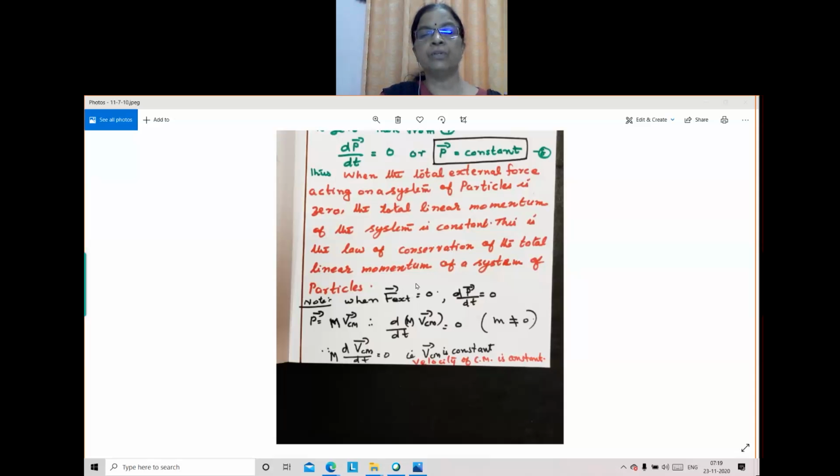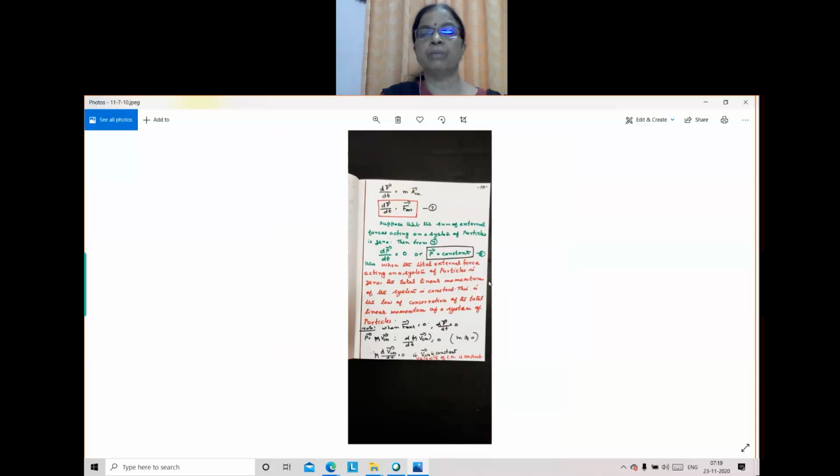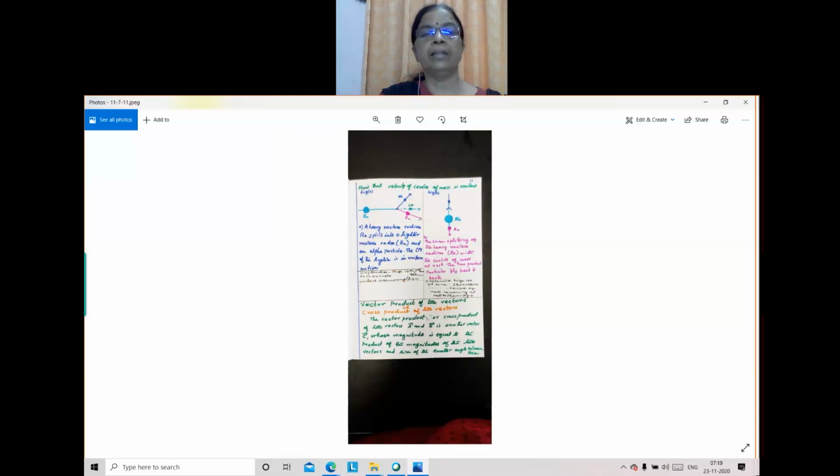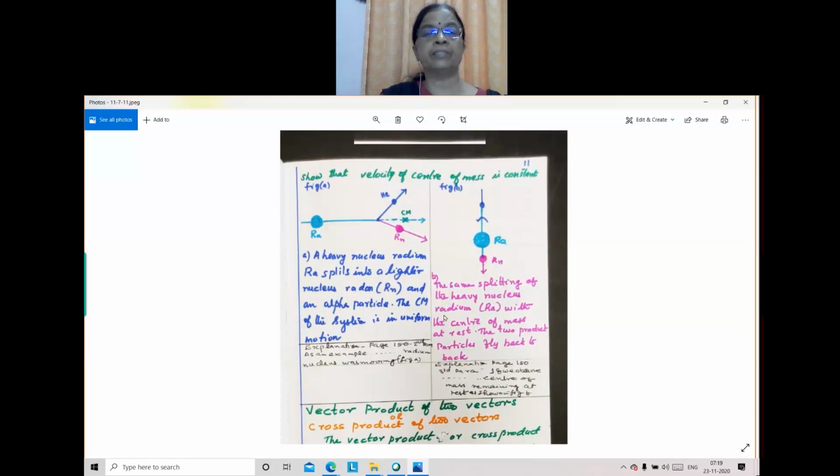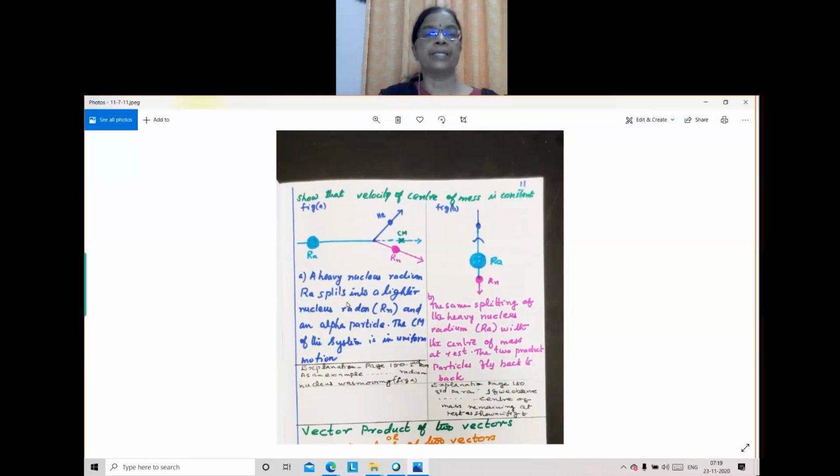Internal forces will not produce any motion of the body. They will cancel each other. That we have studied. And there is an example given in your textbook. You can see this example, to show that velocity of center of mass is constant if no external force acts on the system. You see, this is a radium